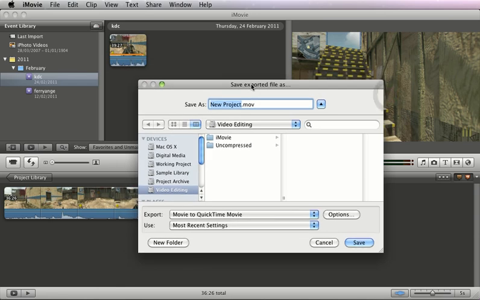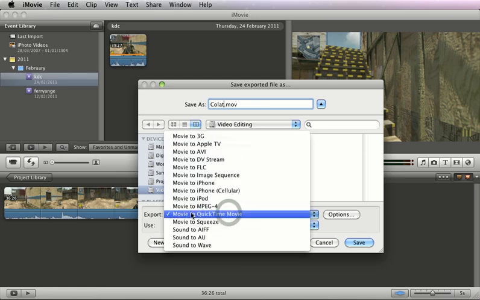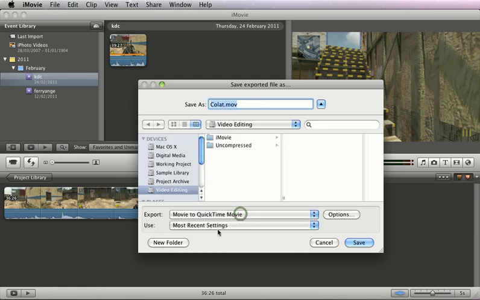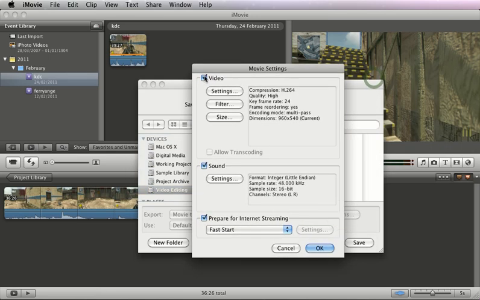So the first thing you want to do is name your video file, and you want to choose movie to QuickTime movie, and by default it'll choose default settings. So then come up to options, make sure you have video and sound and prepare for internet streaming ticked. Come up to settings for video,